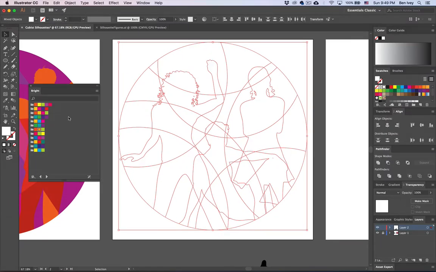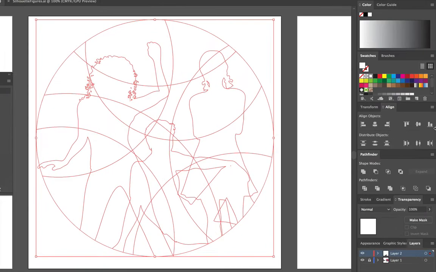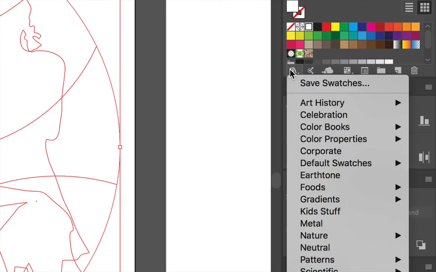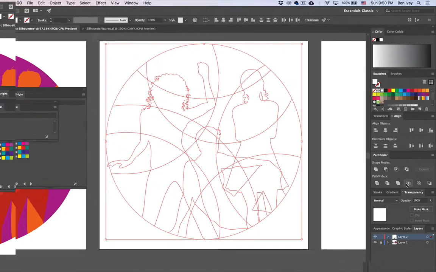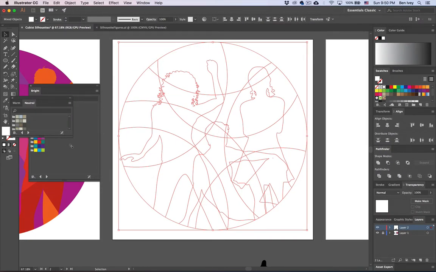With it still selected, let's go through and see if we can choose a different kind of color theme to work in. I'm going to open up my libraries. In this case, maybe I'll choose something like my earth tones or my skin tones. Let's choose some, got some nice neutrals. Within these neutrals,